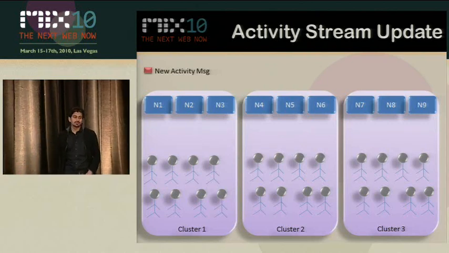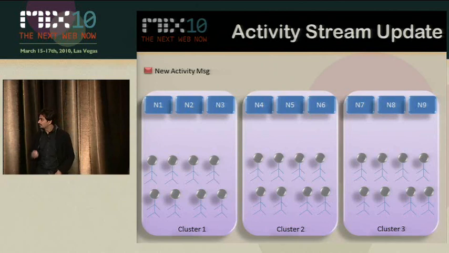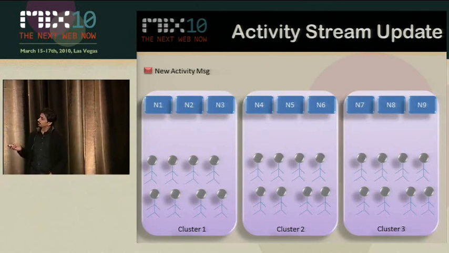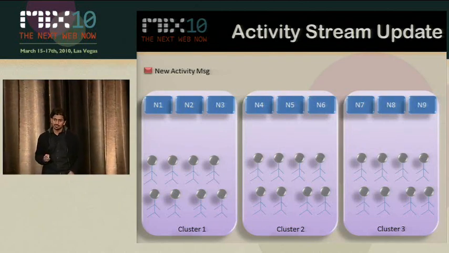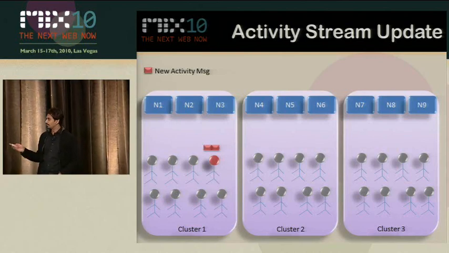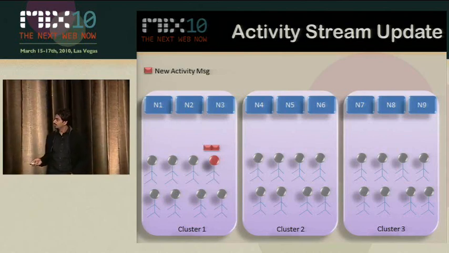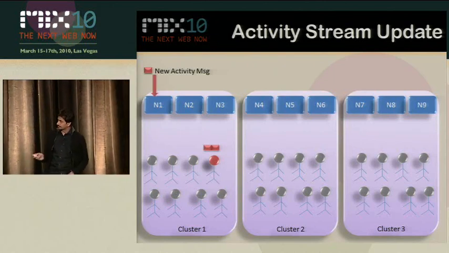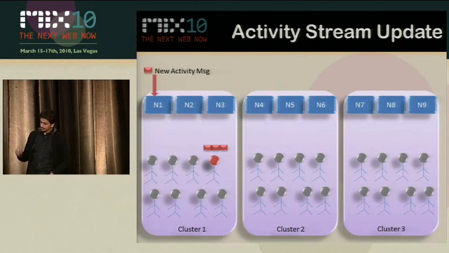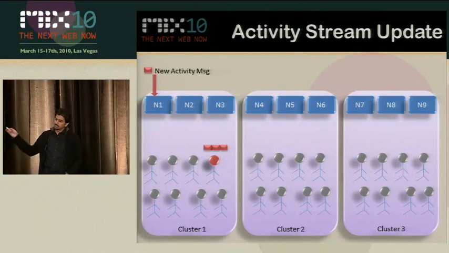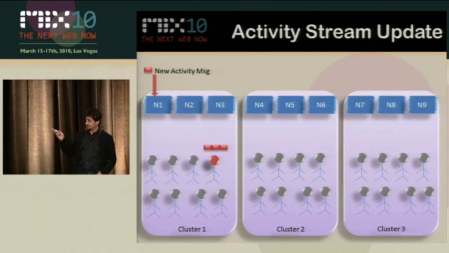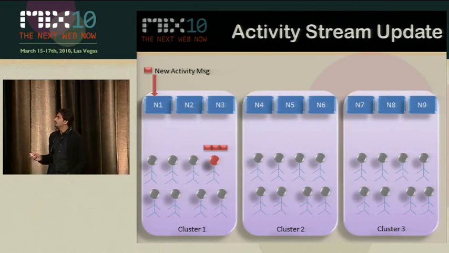Now, let's say a new activity message comes into our system. What happens? The first thing we do is figure out which cluster that message should go to, because we know the user associated with that activity message is in one of those 3 clusters. We use some sort of mapping to figure that out, so that's pretty simple. What do we do then? We basically update the index. So we have a message that goes to node 1, and the index is updated. Obviously, node 2 and node 3 also have that index, and it also needs to be updated, right? So